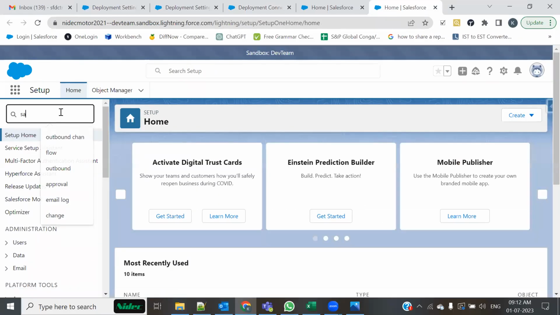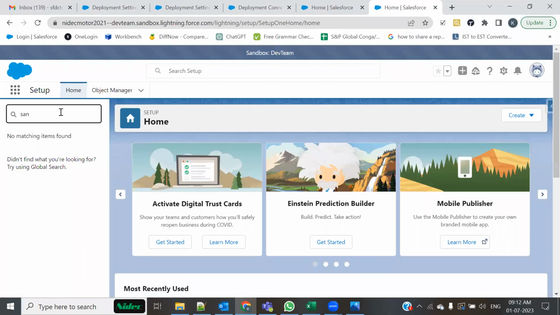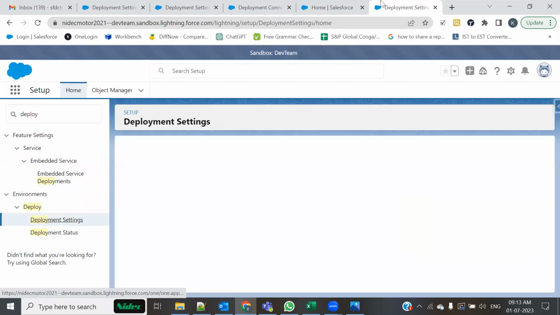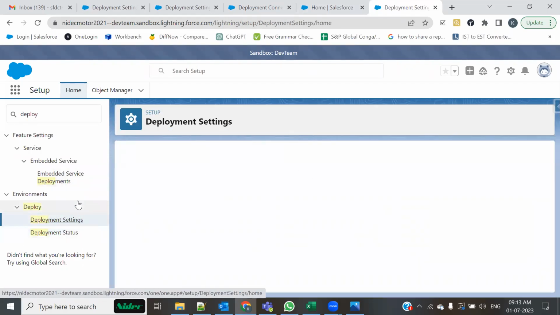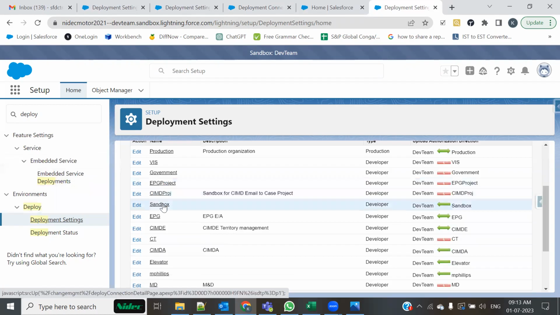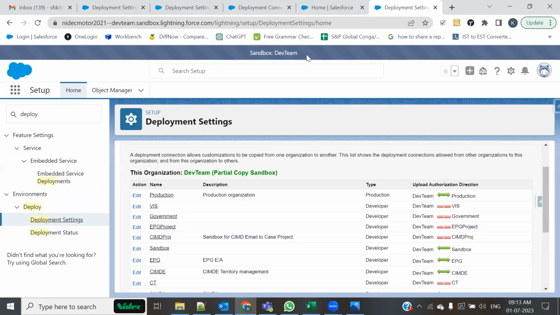Now, when I go to sandbox, you see deployment settings. The same way we navigate ourselves in classic. See, classic and lightning, there's not much difference in the experience point of view, right? And my sandbox name is dev team sandbox, as you can see. Now, when we consider dev team along with production, if you see this connection,